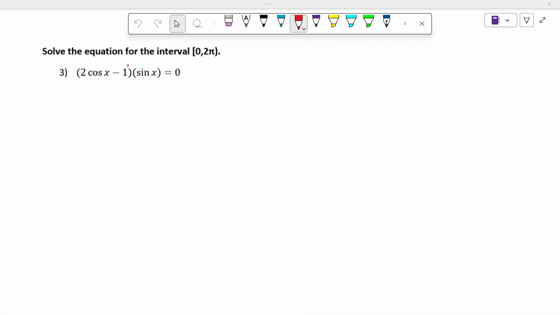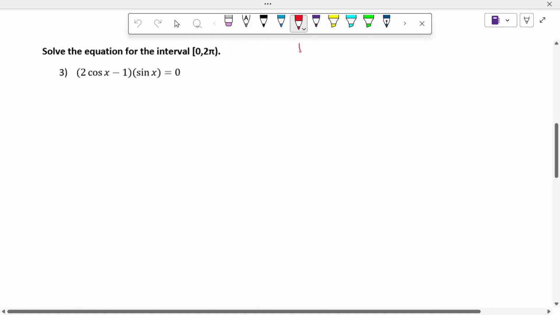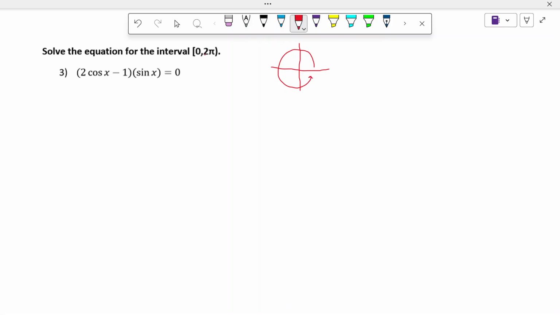Here we need to solve the equation for the interval 0 to 2 pi. This essentially just means we're going to solve this for any angle that works, but just within one full rotation. So 0 to 2 pi. That's one full rotation. And you might notice actually that 0 has the bracket, which means we want to include possibly